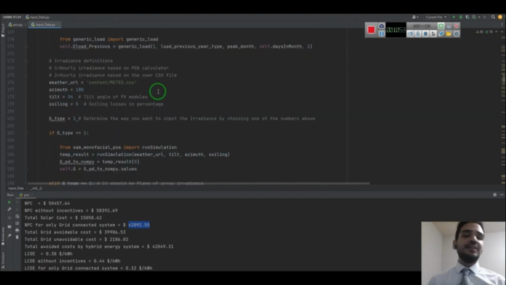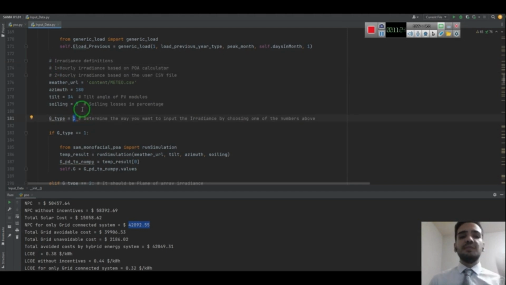For calculating the plane of array irradiance, SAM provides you two options. The first option is a built-in plane of array calculator inside SAM, which calculates the irradiance needed for PV modules based on the meteorological data that you provided. For that, you need to choose option number 1, and add this 1 in front of the G type.